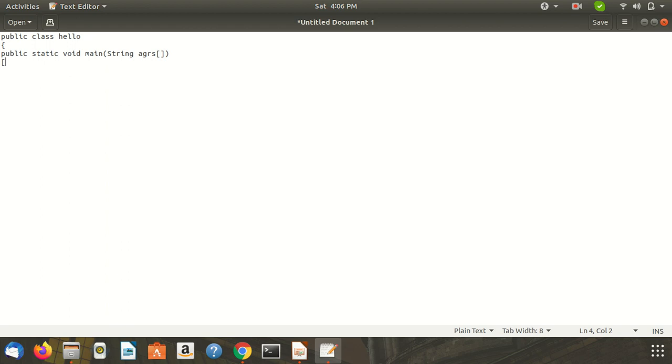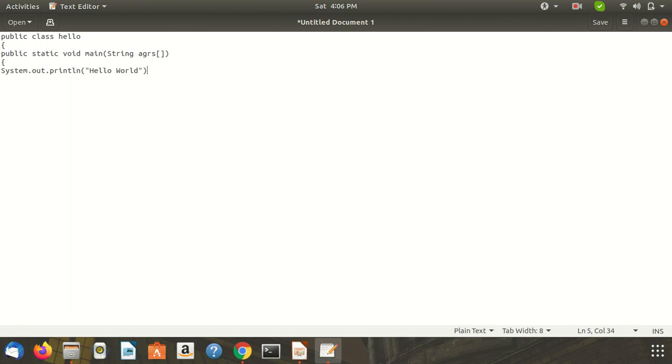Then the opening brace, then System.out.println. System is a class, so always start the class name with a capital letter, then the output stream and the print method. ln denotes a new line, and type here the message hello world.